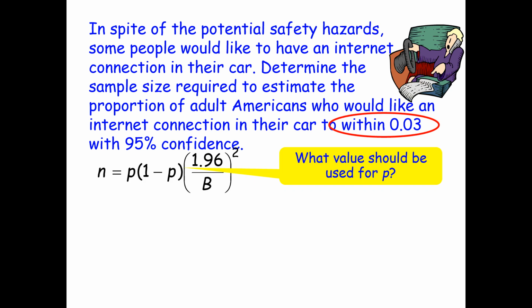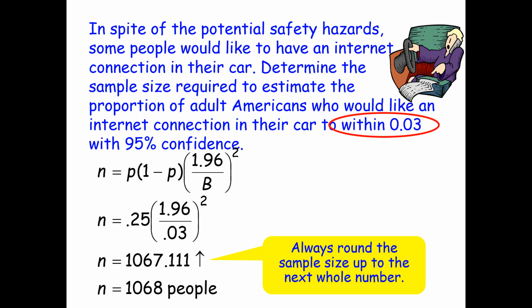So what value should be used for P? I think we should go a little conservative here. Let's use our 0.5. So that tells us that P times 1 minus P, when P is 0.5, is 0.25. So we'll plug in those values. So we have N equals 0.25 times 1.96 divided by 0.03, quantity squared, which is going to give us a value of